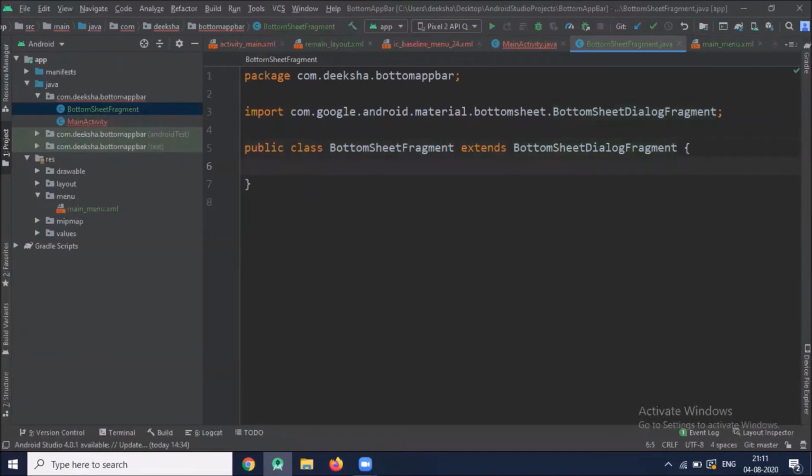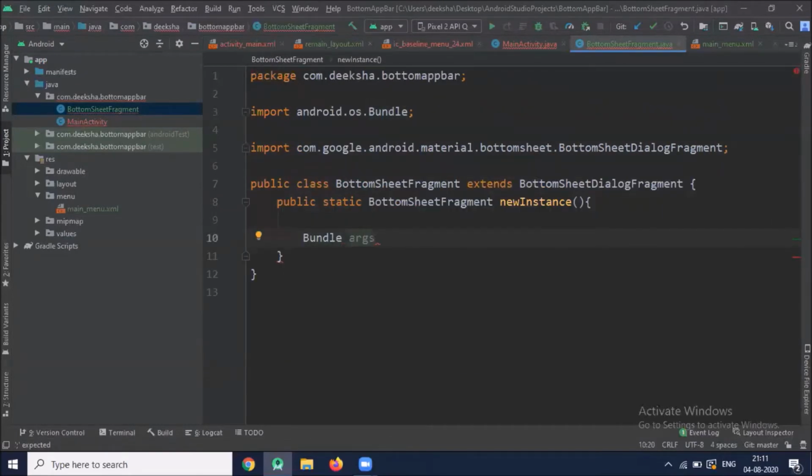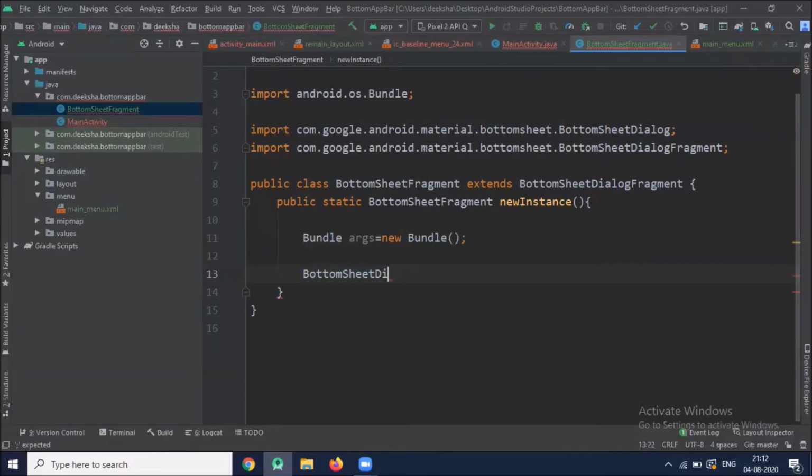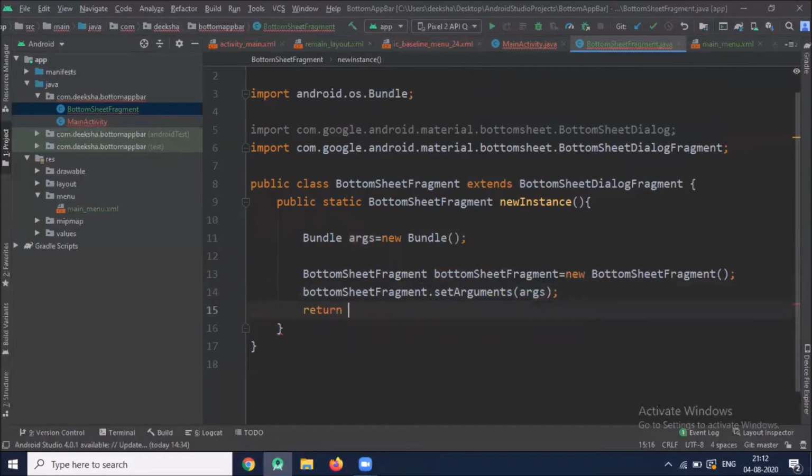Now we are creating this class for the bottom navigation view by using bottom sheet dialog. Now we create bottom sheet callback.